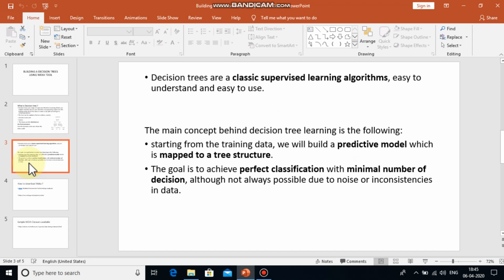The main concept behind decision tree learning is as follows. We start with the training data and gradually build a predictive model, and that model is mapped to a tree structure. Our ultimate goal is to achieve perfect classification with a minimal number of decisions.